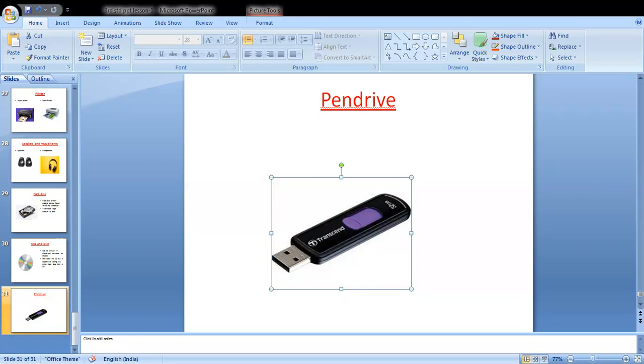See here, when we insert the pen drive in this USB port, this is called a USB port. Here we insert the pen drive, and we also use USB ports to insert the mouse wire and keyboard wire. Understand?